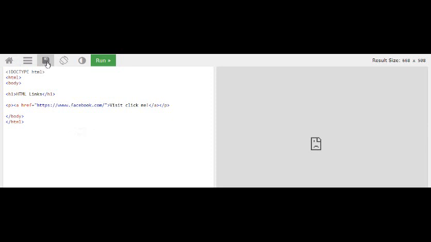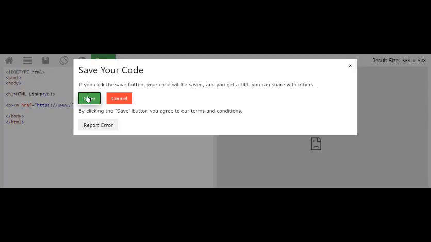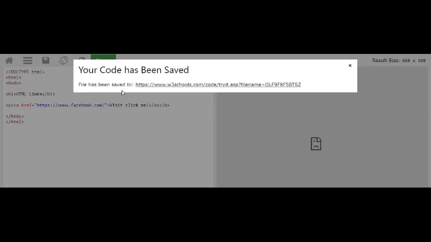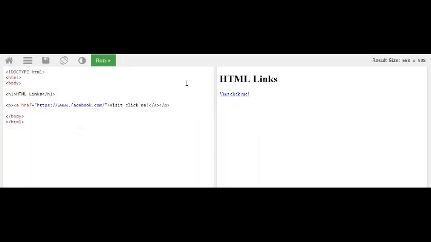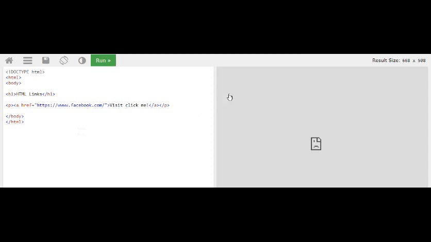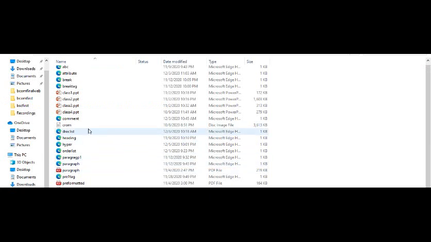Okay, I am saving again. Let us see here, run, click me. It is going to open another one. I am going to show you in the later view. Let us see here, what will be there?